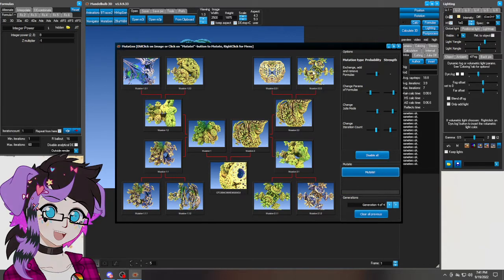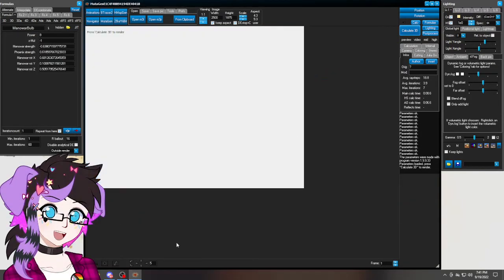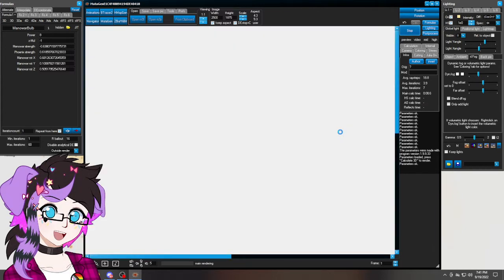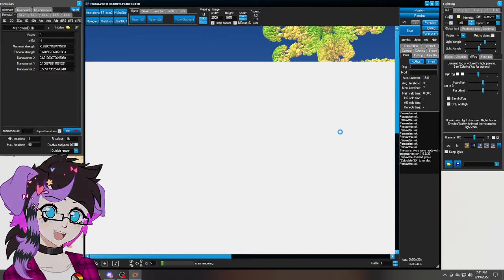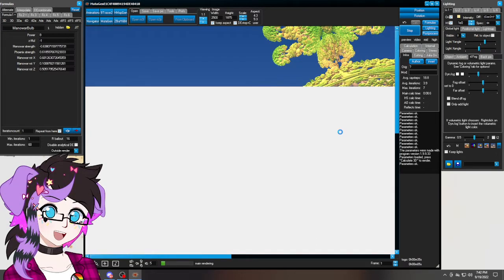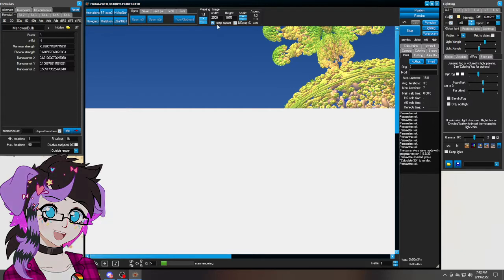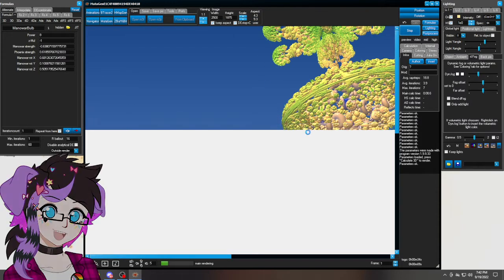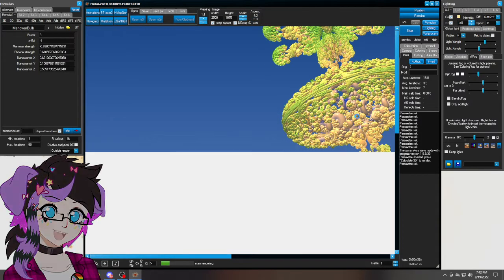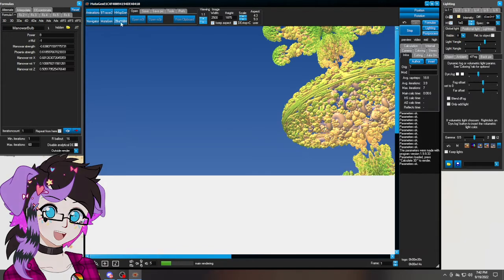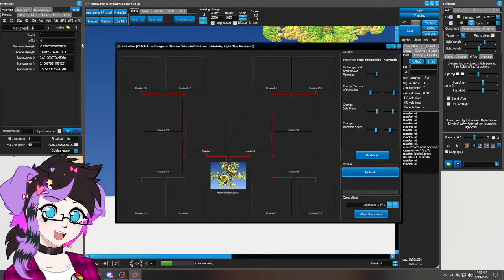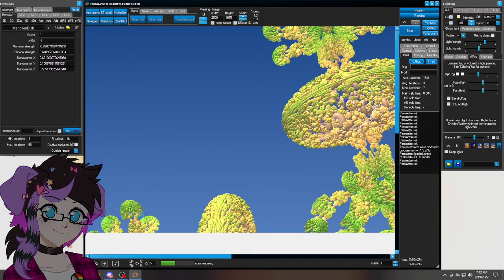Okay. I will send this to the main editor, and you notice that particular window goes behind your main screens. You hit calculate 3D, and then you give it time because it will make the image the size you have it. For me, 2500 by 1875. It's also rendering in all of these little shapes. At this time, I just click back on the mutagen and I close it out while it's doing the main